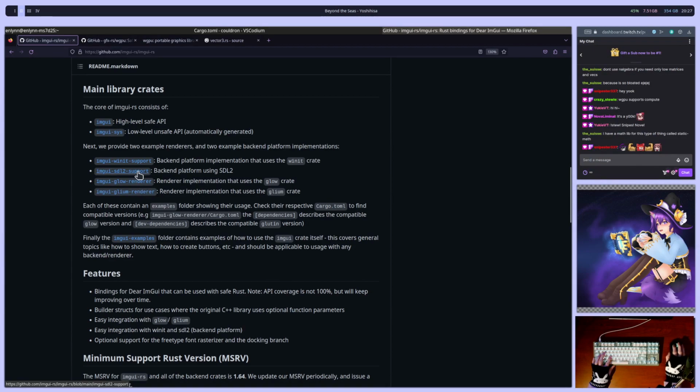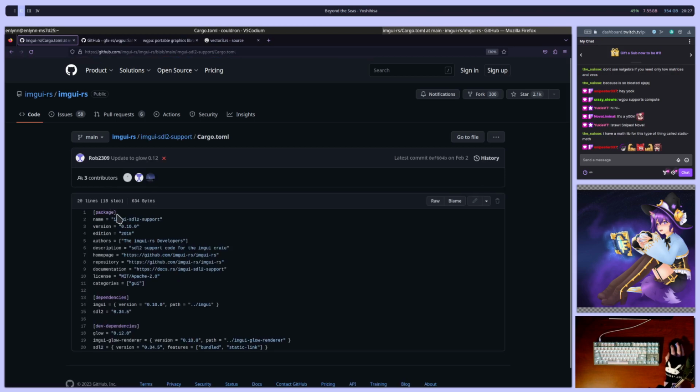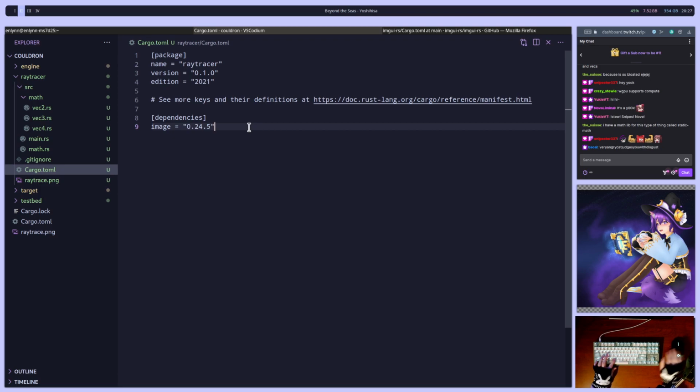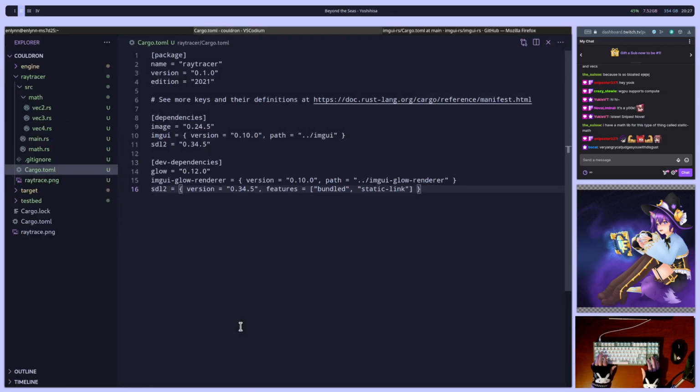All right, so what we wanted to do with this, but what did we need? We need imGUI. Glow and